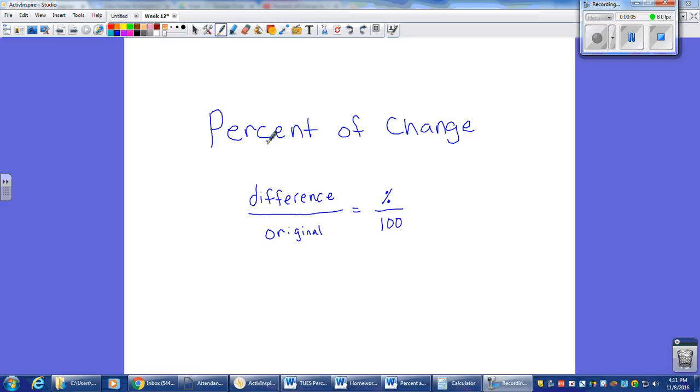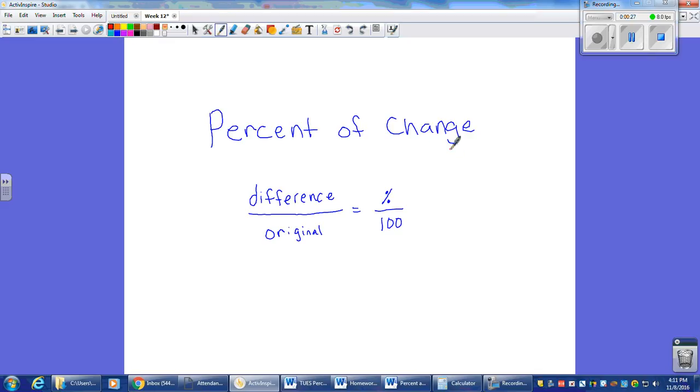Today we are taking notes over percent of change. Percent of change is basically talking about the difference over the original and the percent over 100. So we're most likely trying to find the percent of what is changing. An example I used is y'all's height. Y'all's height changes as you grow, and if you wanted to figure out the percent that it's changed, you could